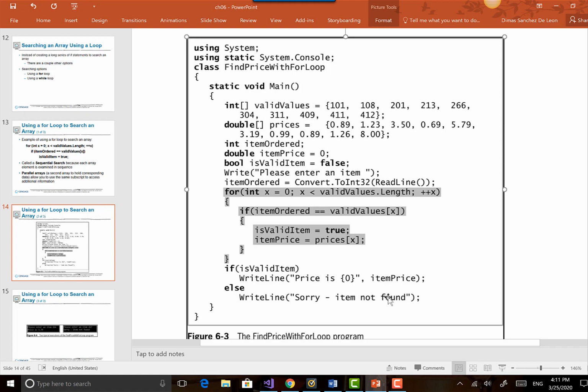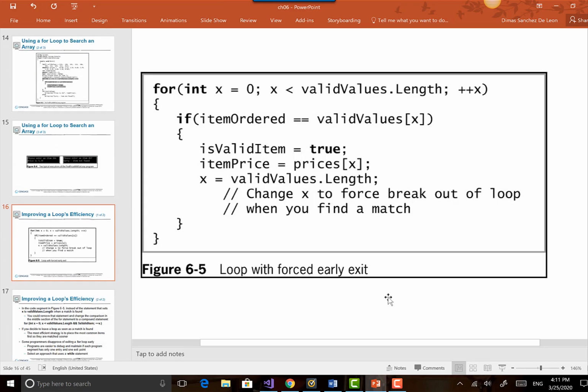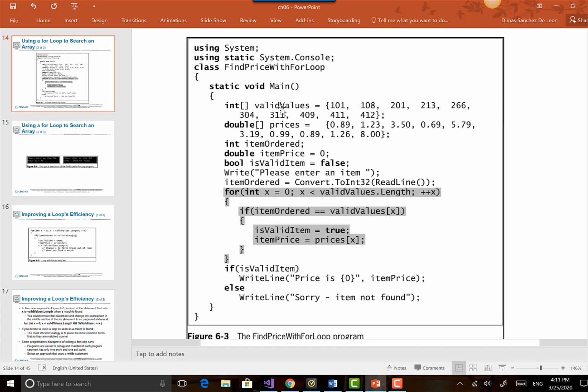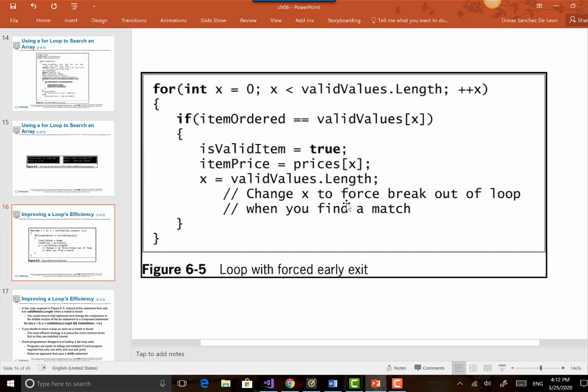Okay, so we said that was the last one, but I have to make one more point to improve the efficiency of the loop. Notice that, actually, let me go back. Notice that, let's say that valid values has 1,000 values, and we find the value in element number 5. This loop will actually go through all the 1,000 values, even if the value was found, which doesn't make any sense. So now, if we want to improve the efficiency of the loop,